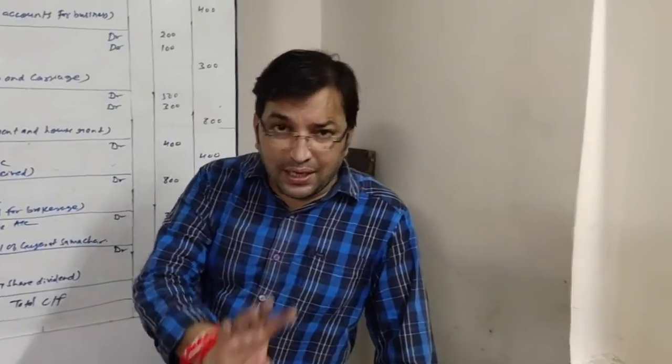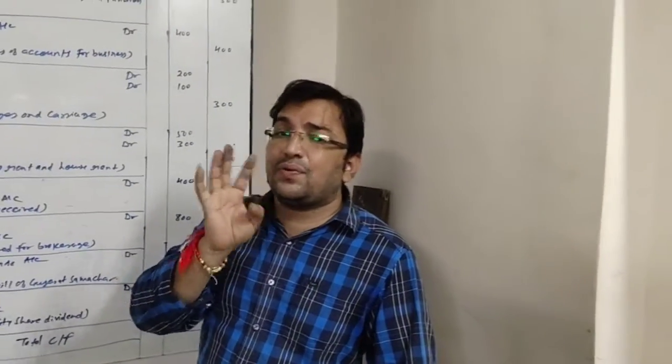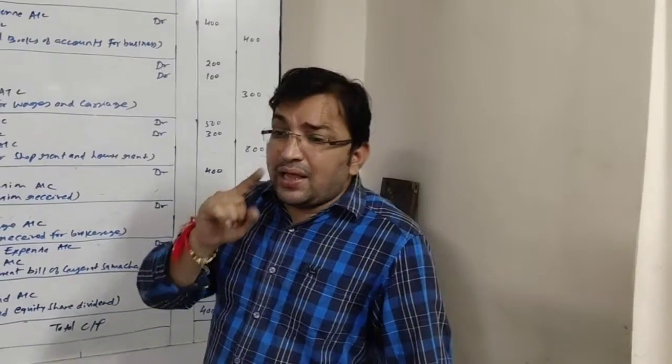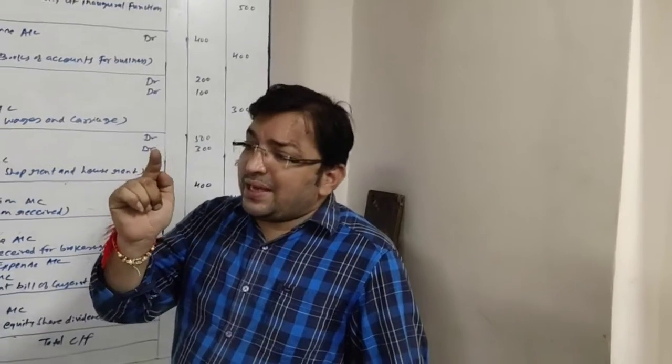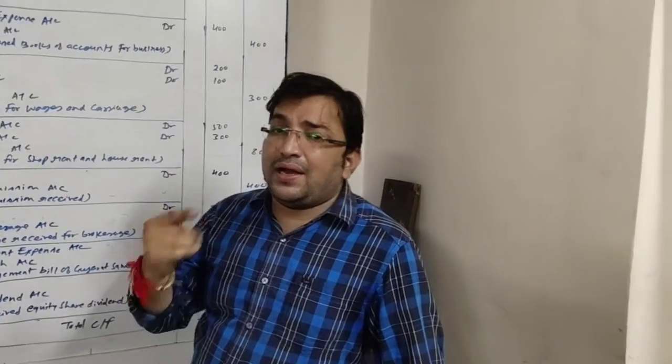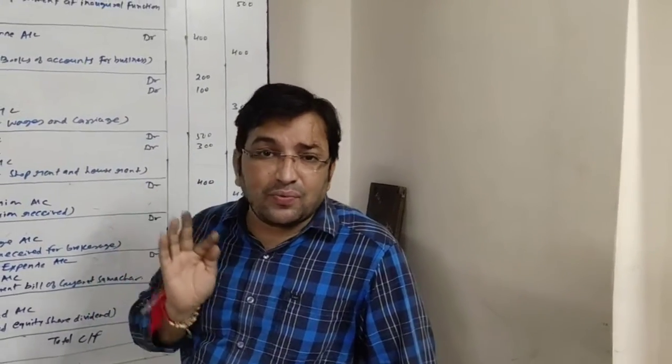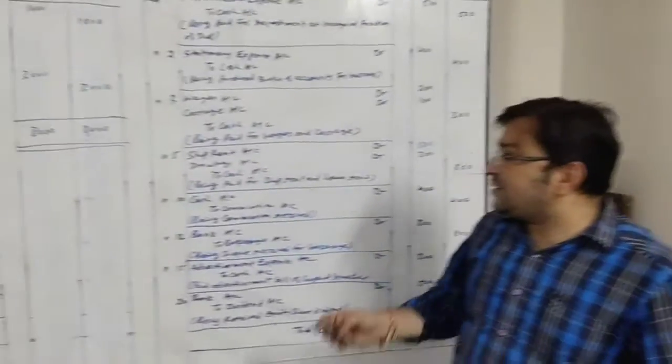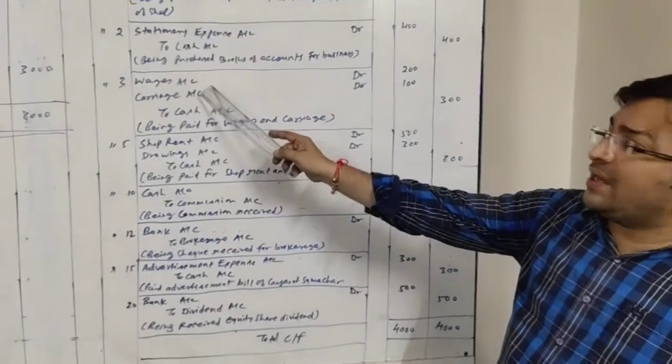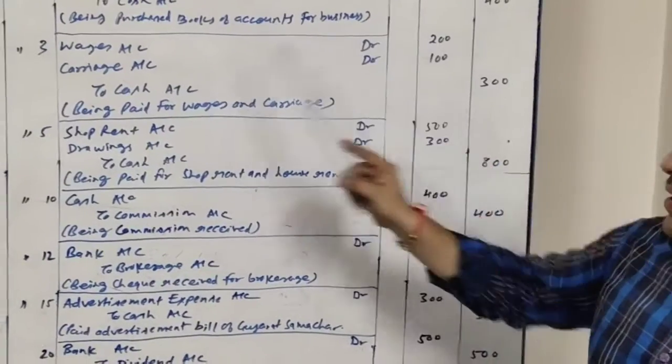those transactions is the same. Both transactions suggest what? Expense. So here the entry will be wages account debited, carriage account debited, and of course cash is going out, so cash account will be credited. So the entry is wages account debit 200, carriage account debit